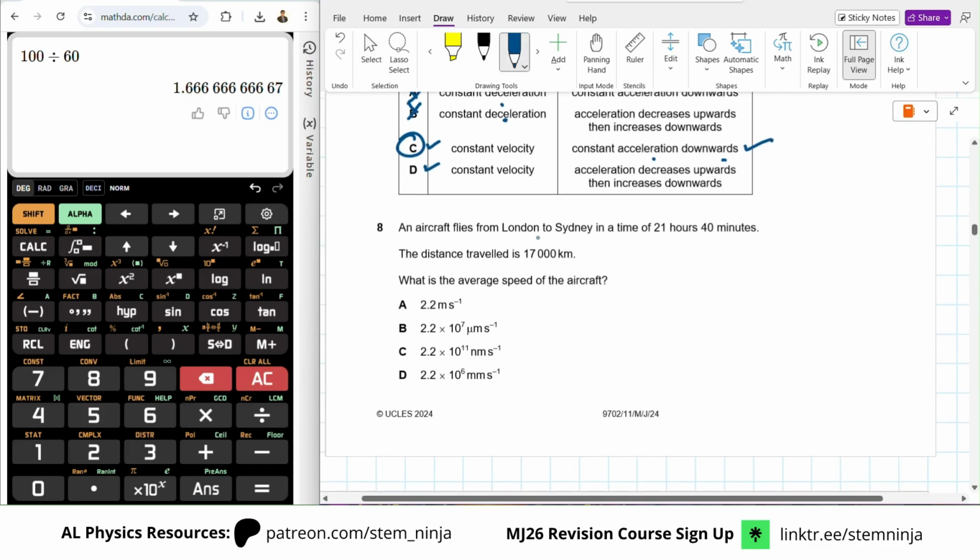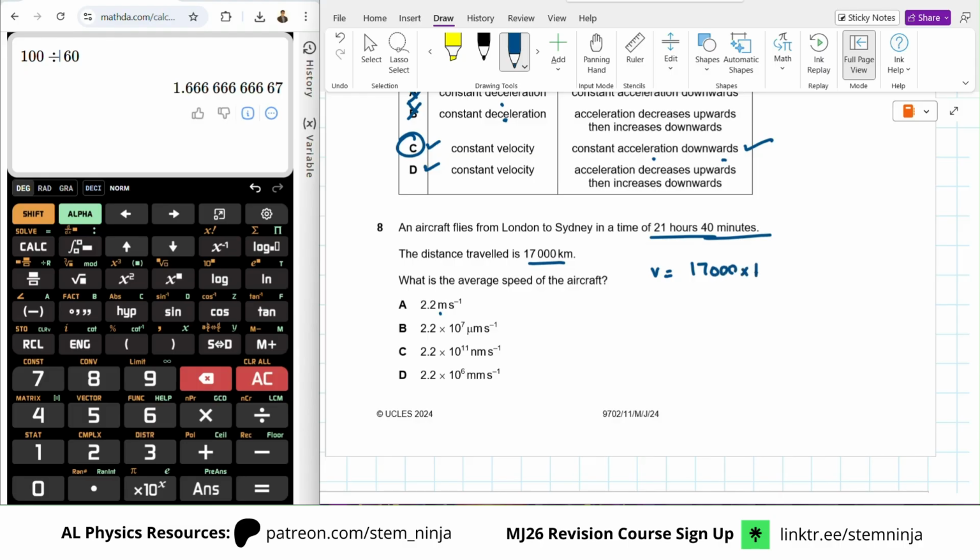An aircraft flies from London to Sydney in a time of 21 hours 14 minutes. The distance traveled is 17,000 kilometers. Average speed of the aircraft, they're all given in either meters per second, micro, nano, millimeters per second. So we have to be very careful when dealing with this. So first, let's start with meters per second. So speed would be